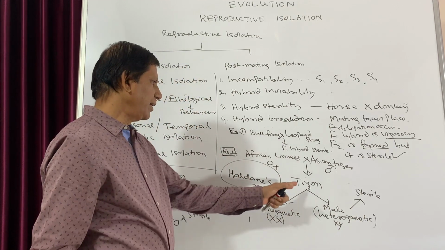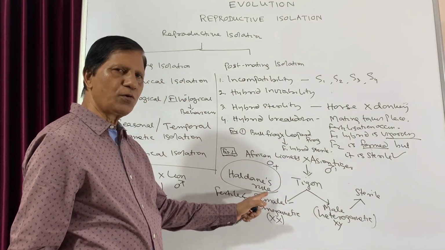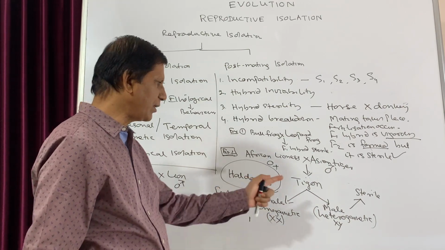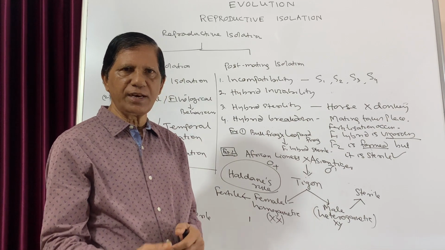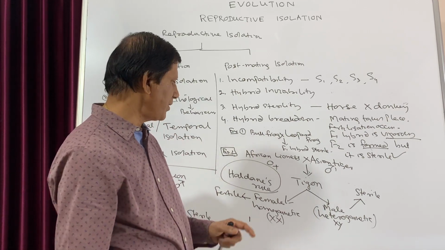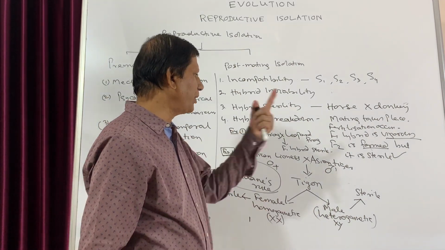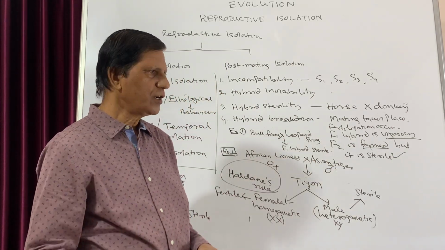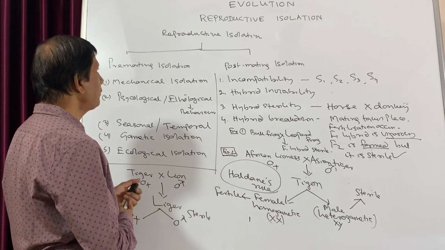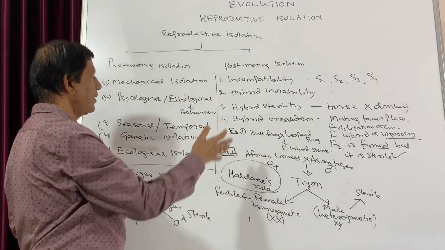That means the F1 hybrid females, the homogametic ones, are fertile and the heterogametic males are sterile, so further interbreeding cannot take place between them, and they have to be crossed only with the original male to continue. So these are the different types of reproductive isolation,